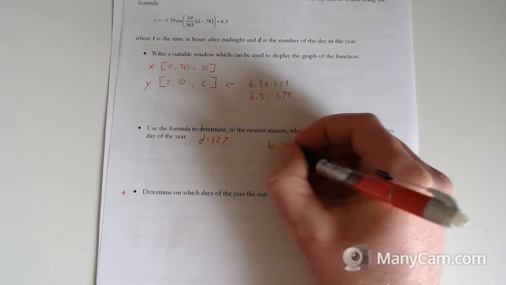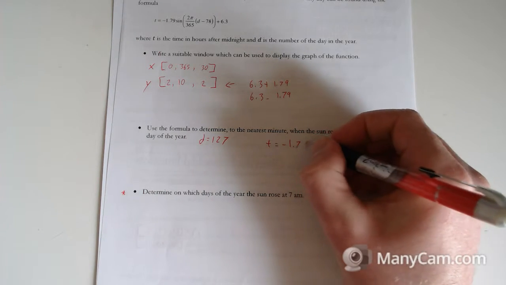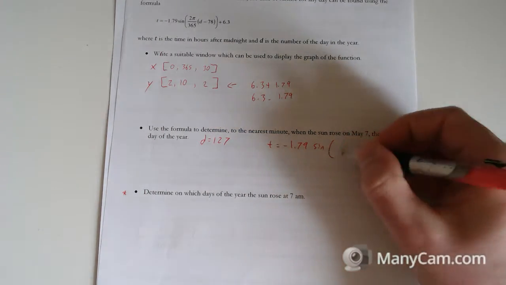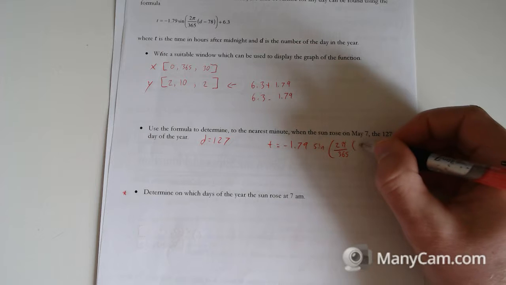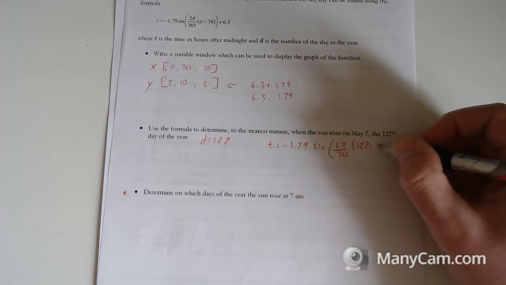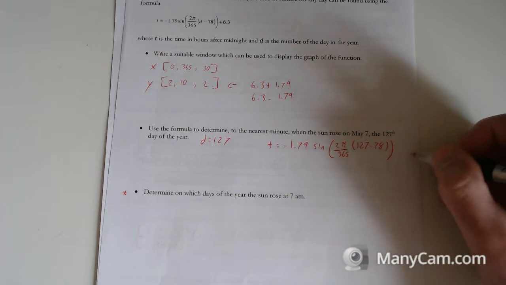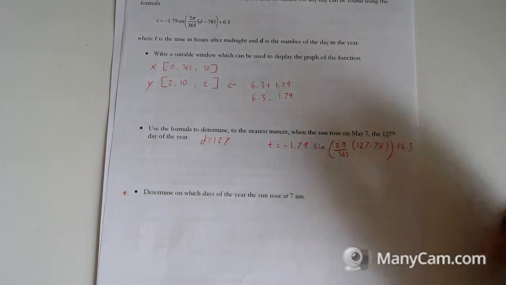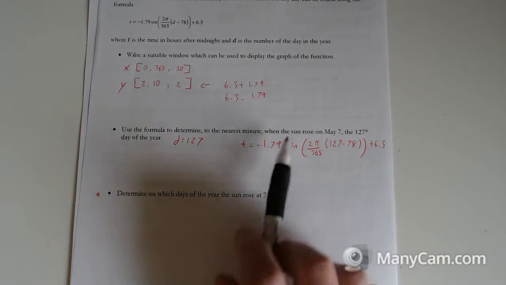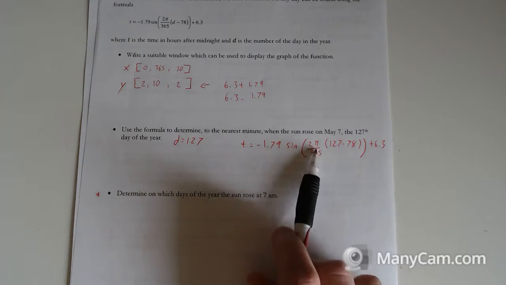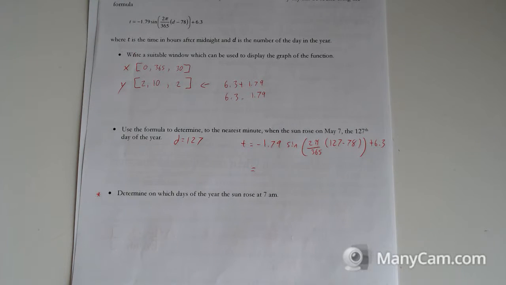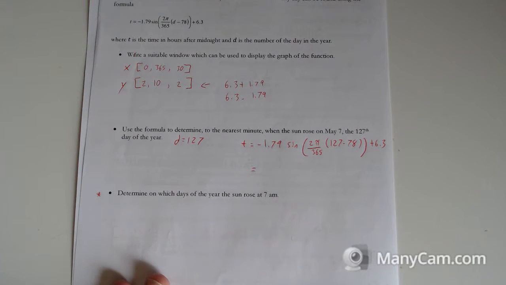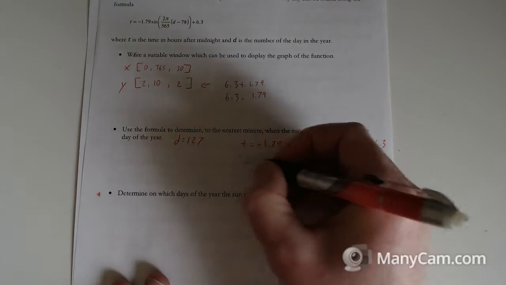So we would sub in, we would say t equals negative 1.79 times the sine of 2 pi over 365 of 127 subtract 78 plus 6.3. Now remember, we have a sine thing, so you have to be in the right mode. We have pi's in here, so we have to be in radian mode. So plug all that into your calculator in radian mode, and you should get an answer of